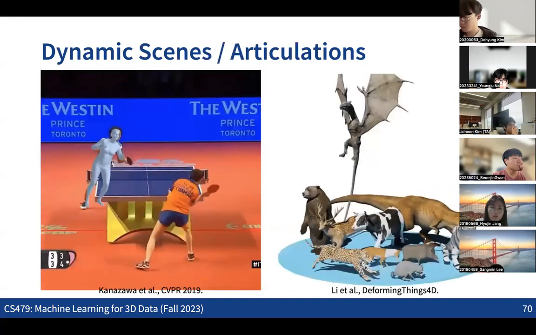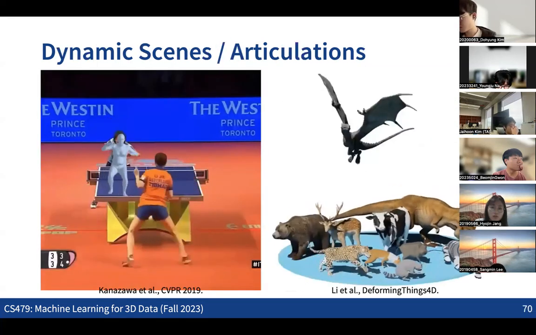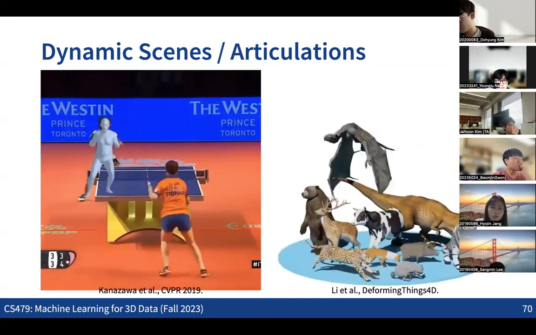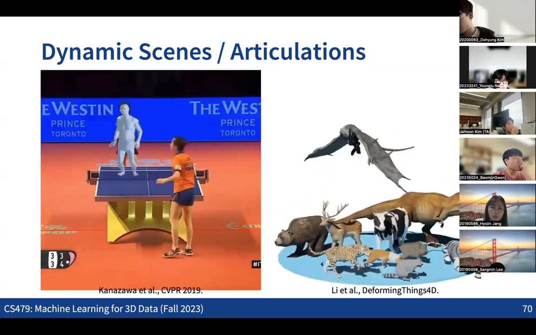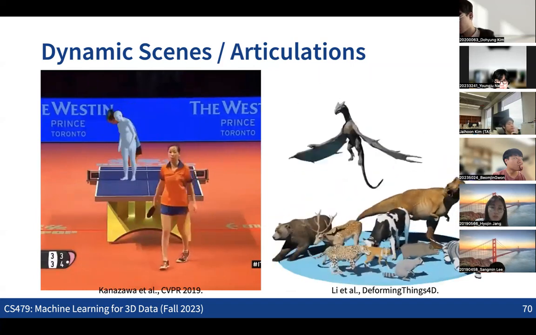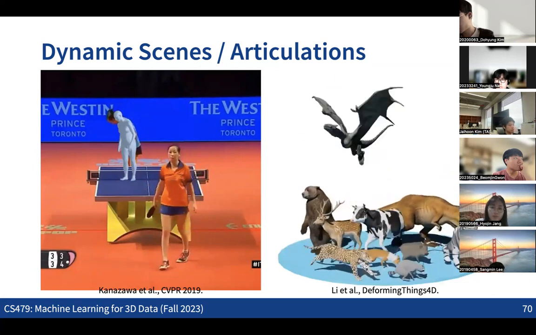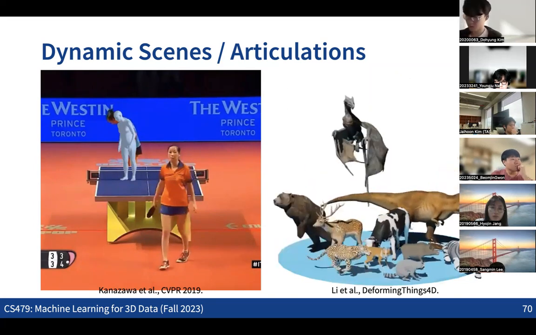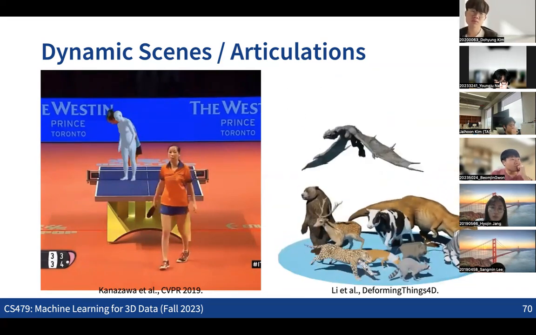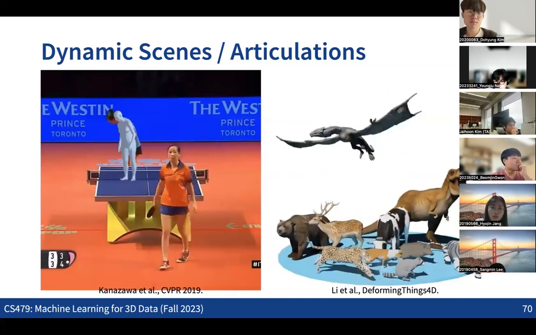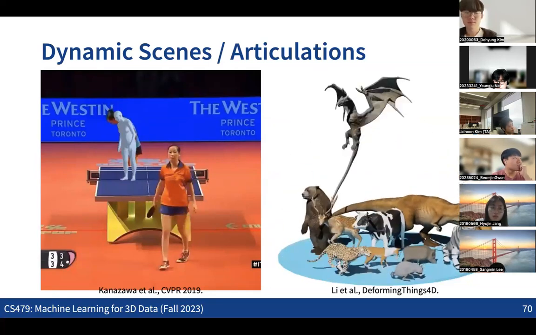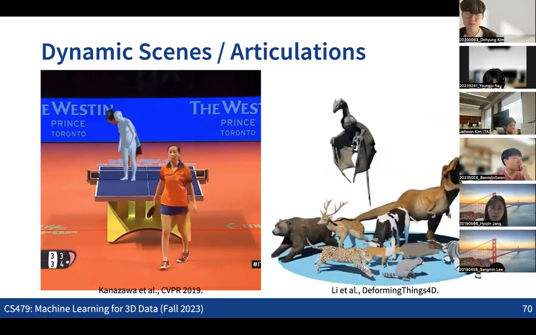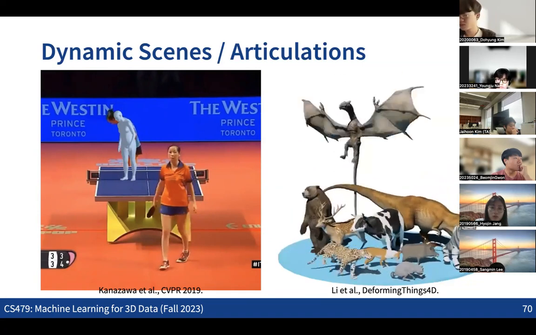And also one thing that we couldn't discuss much in this class was how we can handle dynamic scenes and also articulations. When you have human bodies or animal shapes, how we can properly reconstruct all the motions of these dynamic objects and scenes using the NeRF pipeline or some 3D generation pipeline might also be a really challenging problem. And there are lots of very recent ideas for handling those things. So you might want to check them out.